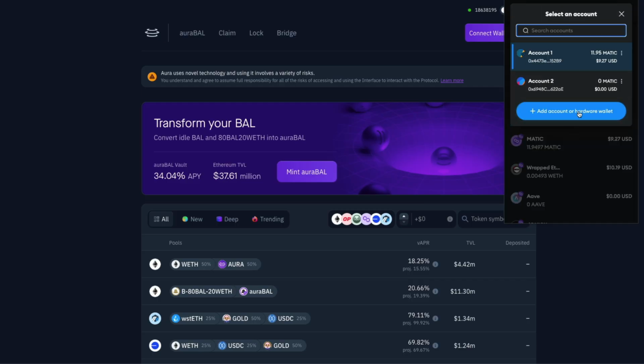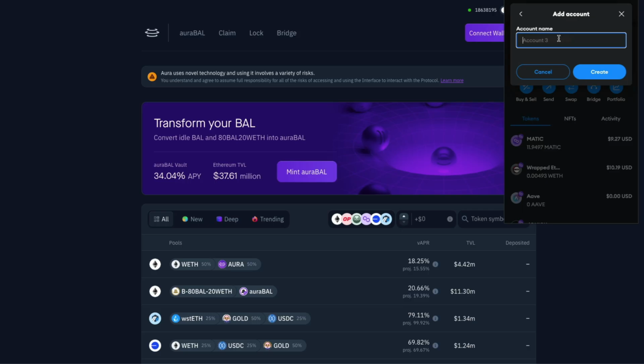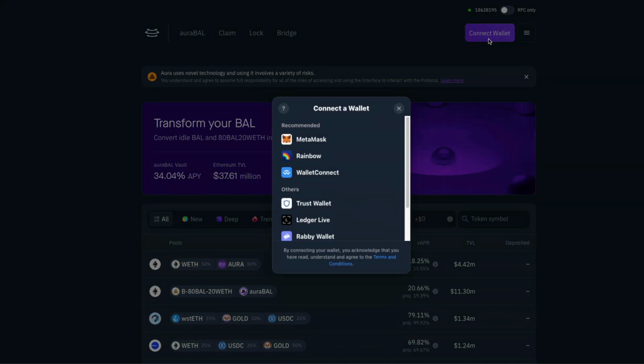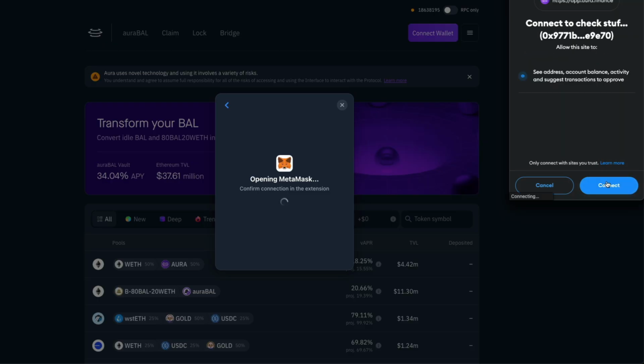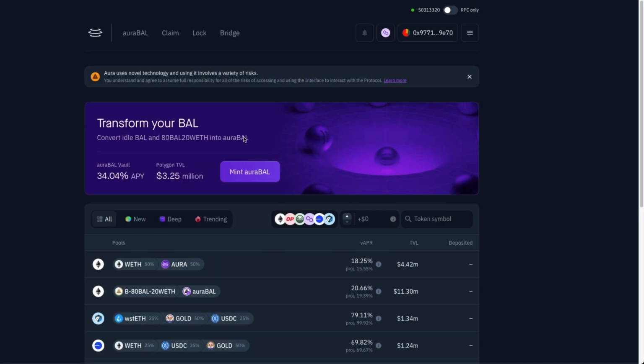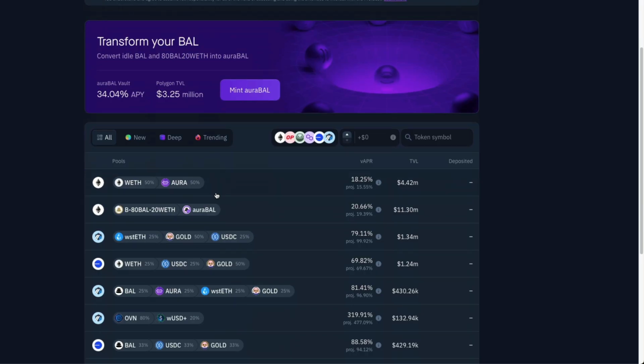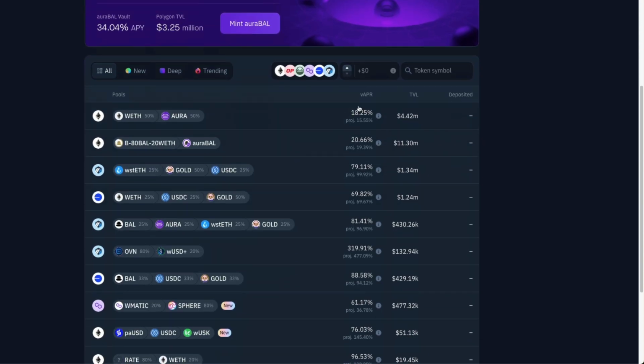And that's easy to do because we can just go ahead and add another account, add account, check stuff out. And then maybe we'll connect our wallet. That way our other funds can't be accessed by this protocol while we're browsing around and checking things out before deciding to make a serious decision to put any of our funds into it. And then we'll give it permission. And now we can come into the protocol and start looking around and discovering what opportunities exist here.